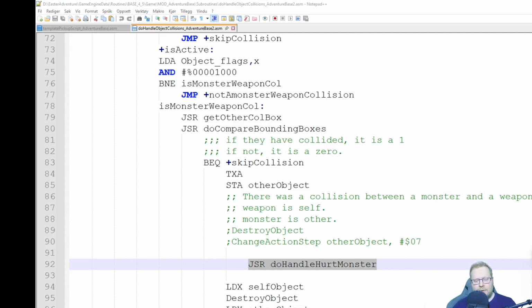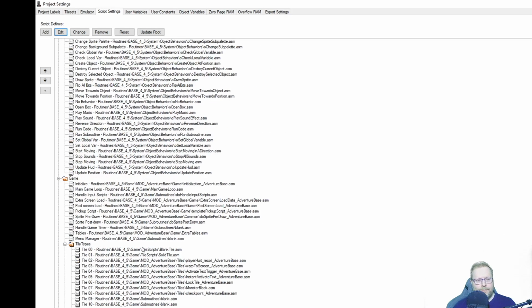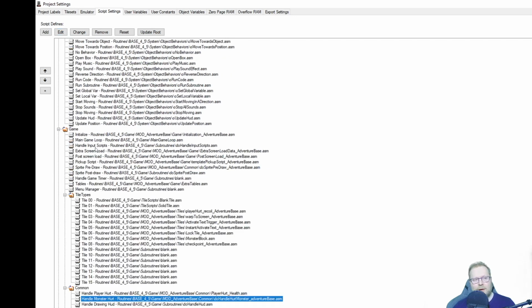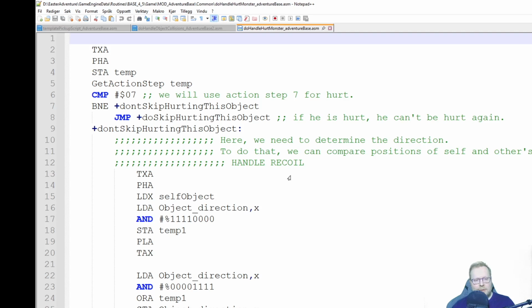Okay, that means we have to go to the handle monster hurt script that's there. So let's take a look at that one. Normally you would check: subtract 1 from health. Is health 0? If health is 0 for the monster, destroy it or whatever. That would be somewhat a normal